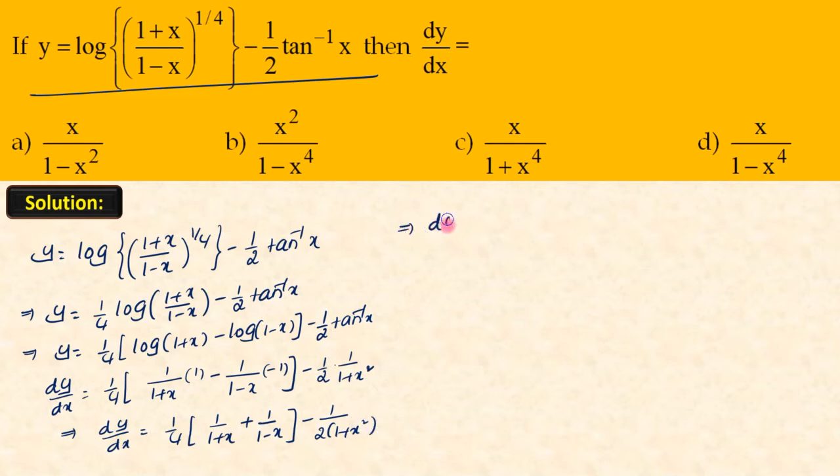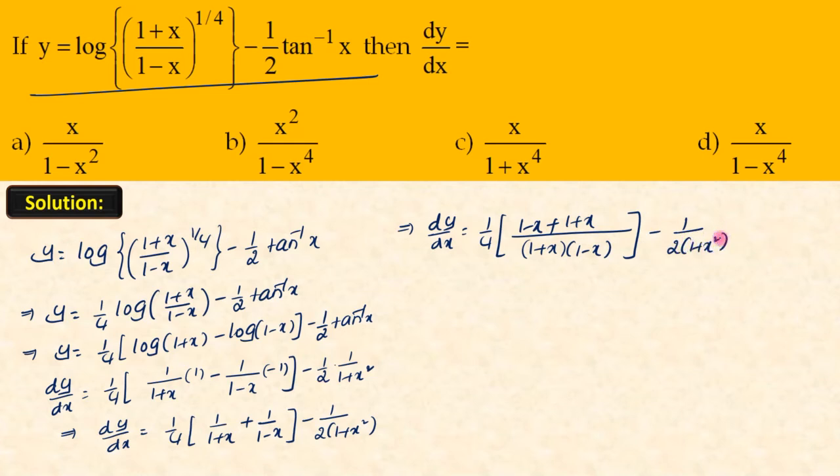That implies dy by dx is equals to 1 by 4 into, here LCM is 1 plus x into 1 minus x. So here 1 minus x plus 1 plus x, minus 1 by 2 into 1 plus x square. This implies dy by dx is equals to 1 by 4 into, here plus x minus x get cancelled,